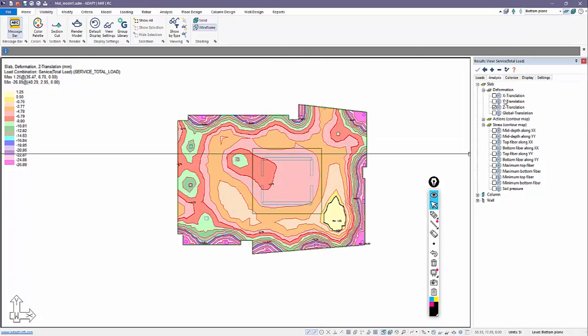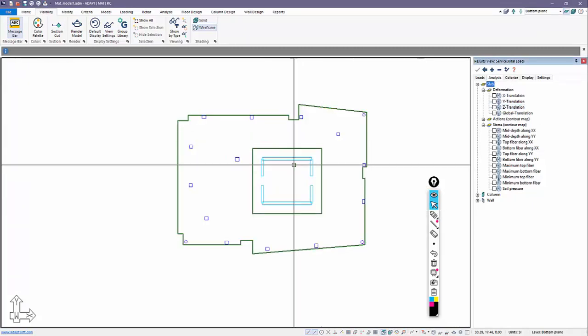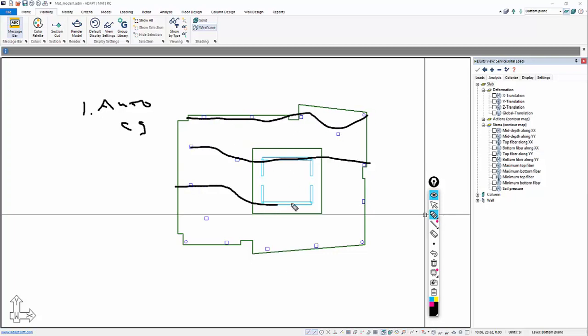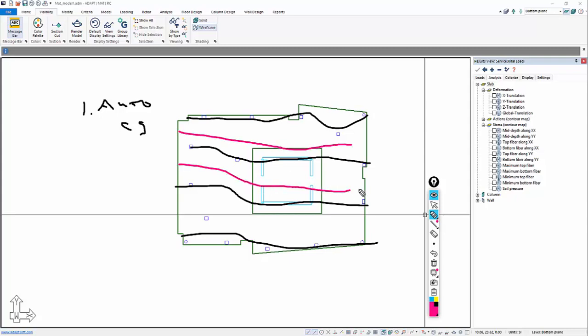We're now going to take this a step further, and I'll go ahead and turn off these results. We're going to generate design strips. So for this model, we want to have column and middle strips in order to design the slab for reinforcement. In order to generate the column and middle strips, there are two options really. The first option is to have the program generate these automatically, and to do so we need to enter the column strips. Once I enter column strips, maybe these strips look something like this. The program will automatically enter middle strips, subdividing these regions into middle strips. Okay, and we would do that in both directions.